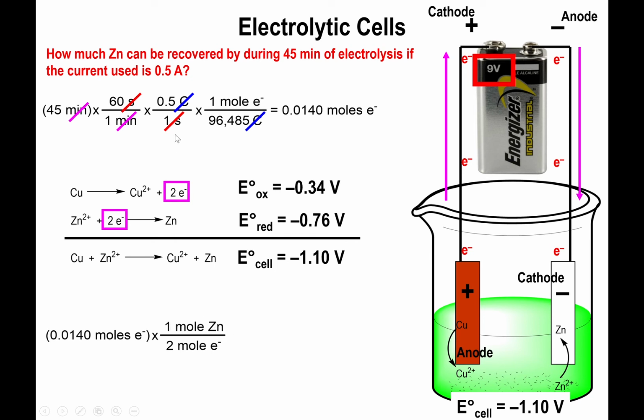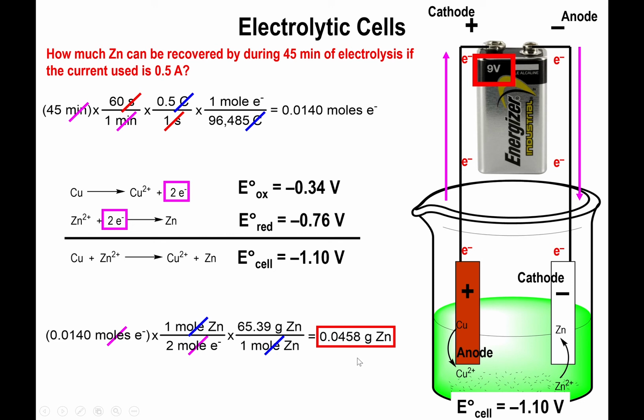Since we're looking for how much zinc we're going to produce, we go all the way to mass, which means we multiply the moles of zinc by the molar mass of zinc, which is 65.39 grams. At this point, you'll find that you collected a total of 0.0458 grams of zinc, or